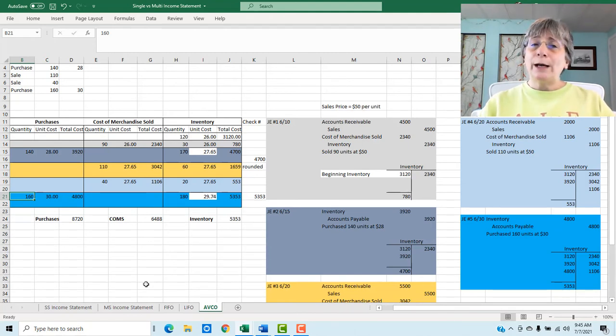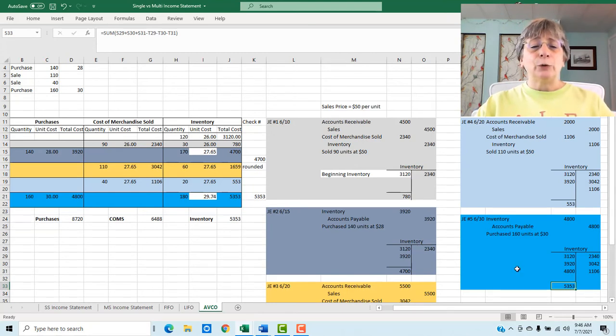So we know right away that we're going to have a transaction where we are increasing our inventory and we are increasing our accounts payable by $4,800. And there's your journal entry right there. We are booking our inventory and we are booking our accounts payable. When we add that to our inventory, now we've got a $4,800 increase in inventory, which leaves us with